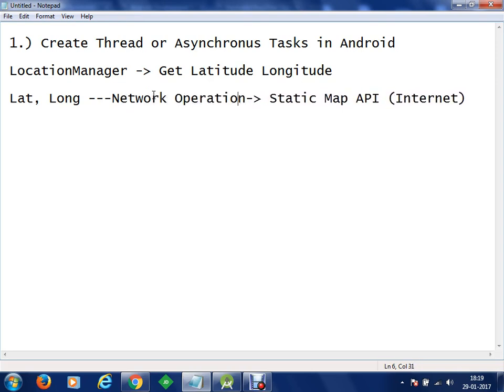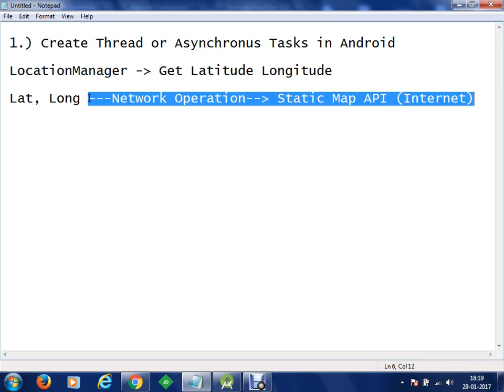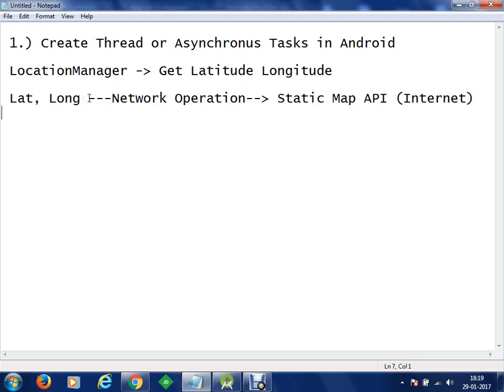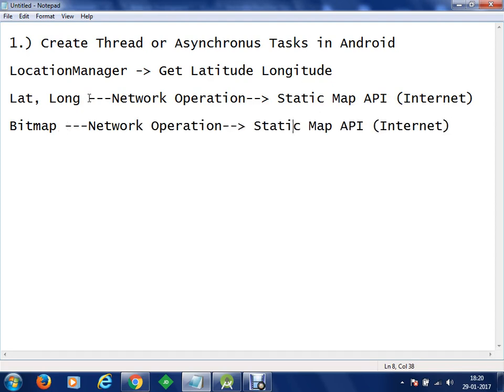Now once this network operation gets executed, your static map API is going to return some output back to the program. What this will do, we are going to get a result, and the result will be, let's say, a bitmap image, and this bitmap image will be returned from your static map API back to your activity, okay?